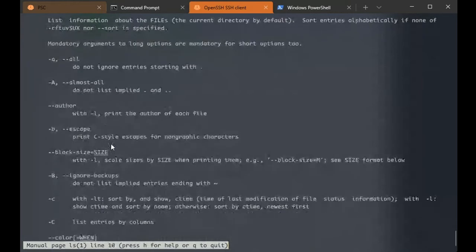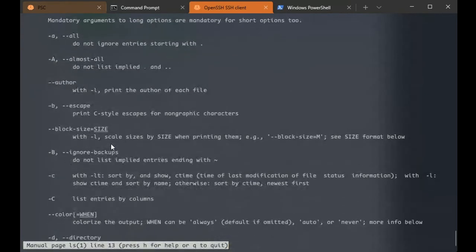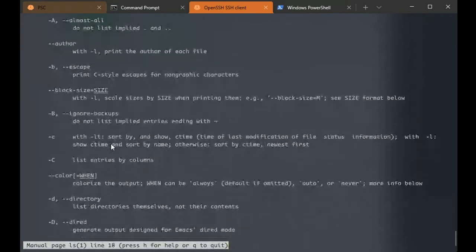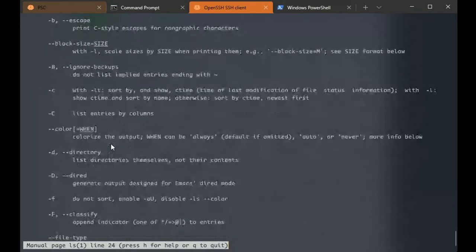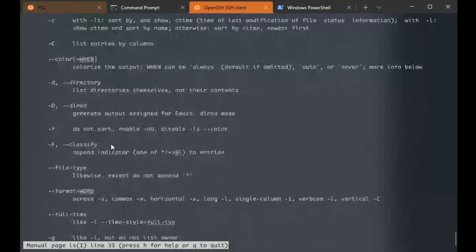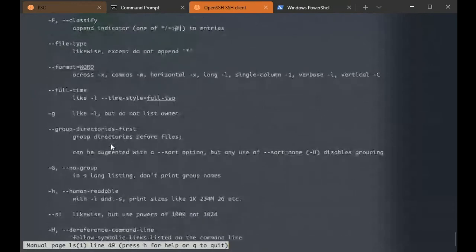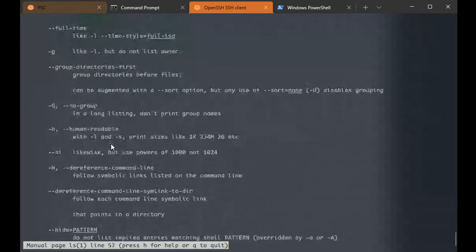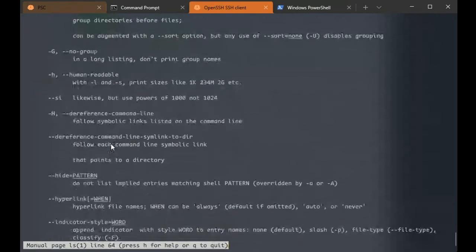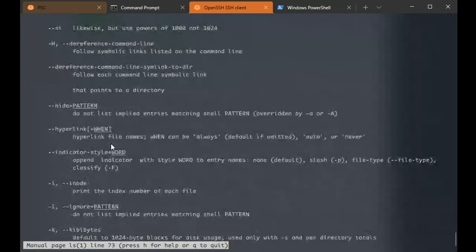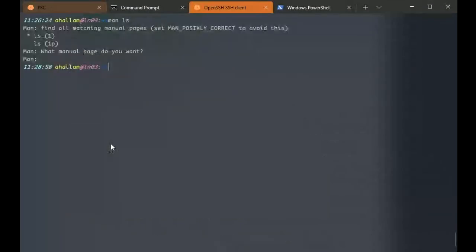And there's a large number of flags, which we don't have time to go through, unfortunately. But you can see all the various things ls is able to investigate for you when you're trying to find out about interesting aspects of the file system. The most common way that I use ls is